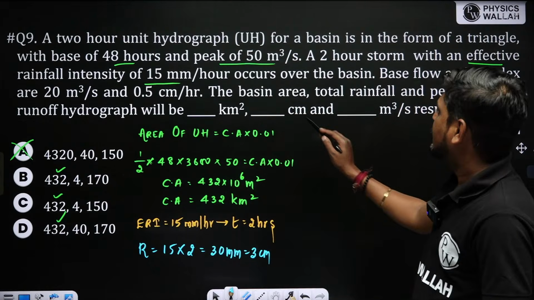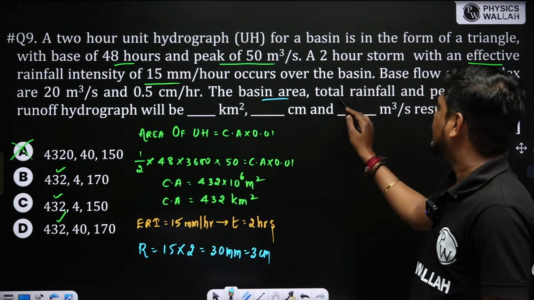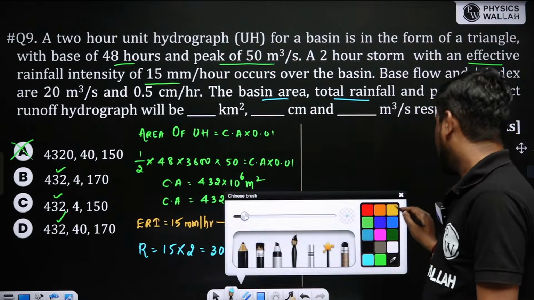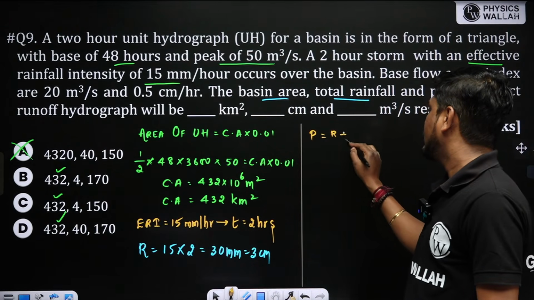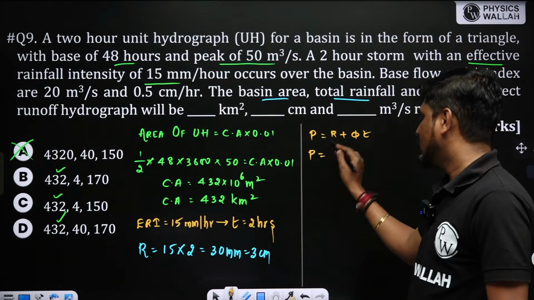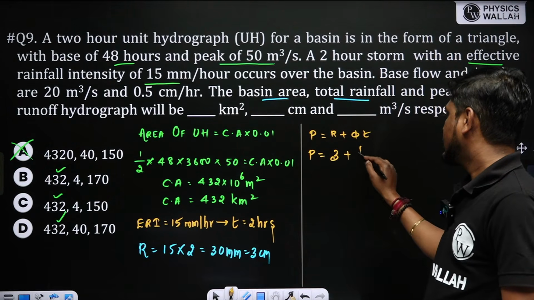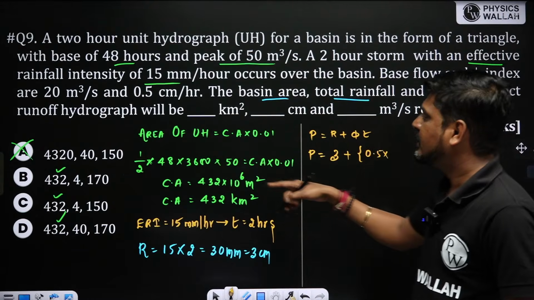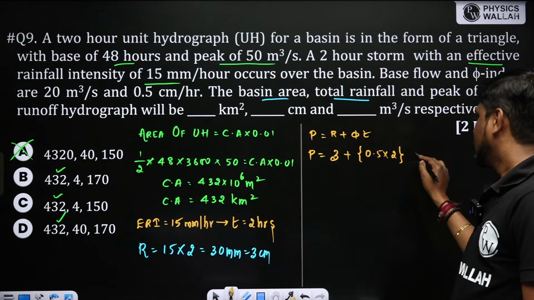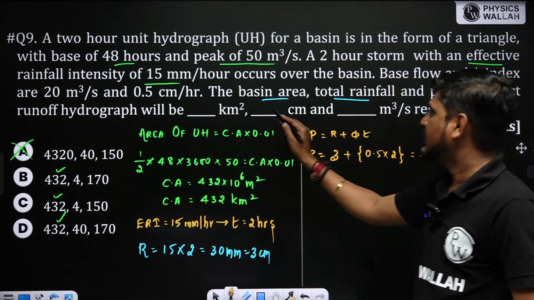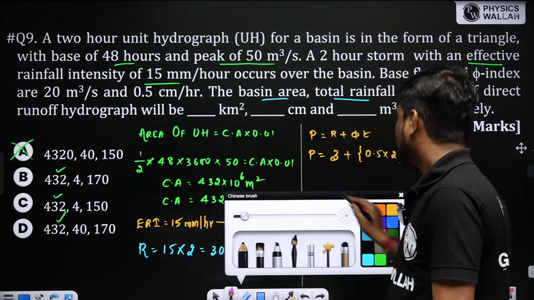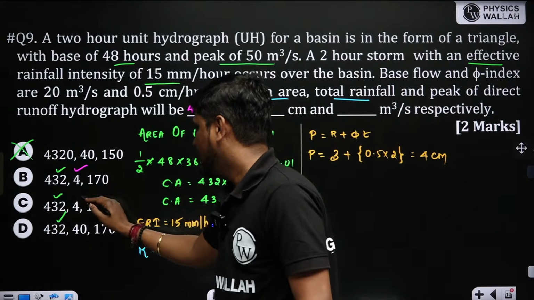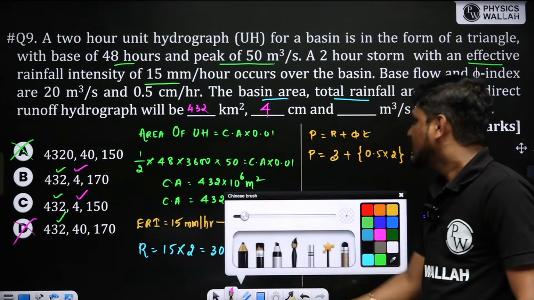सो 5 इंडेक्स बेस फ्लो दिया है आपको, एरिया फाइंड आउट किया, टोटल रेनफॉल कैलकुलेट करो। सो टोटल रेनफॉल कैसे कैलकुलेट किया जाता है? P इज इक्वल टू R प्लस 5 इंटू T। सो P इज इक्वल टू R का वैल्यू 3 प्लस 5 इंडेक्स का वैल्यू 0.5 इंटू टाइम T का वैल्यू 2 आवर्स, 4 सेंटीमीटर। सेंटीमीटर में पूछा है 4, ये भी गलत आंसर।